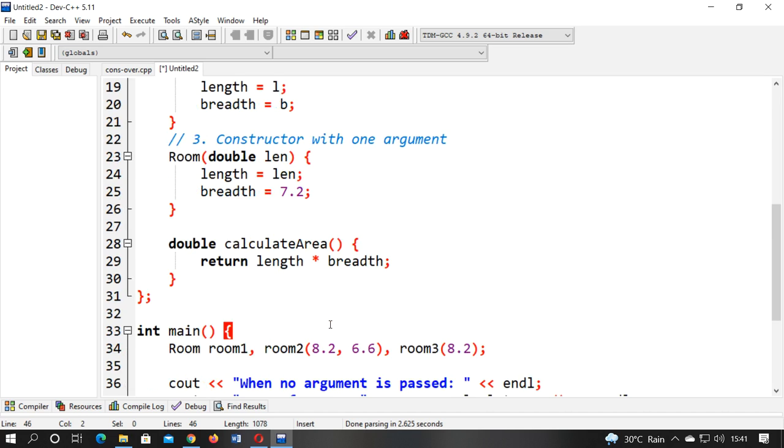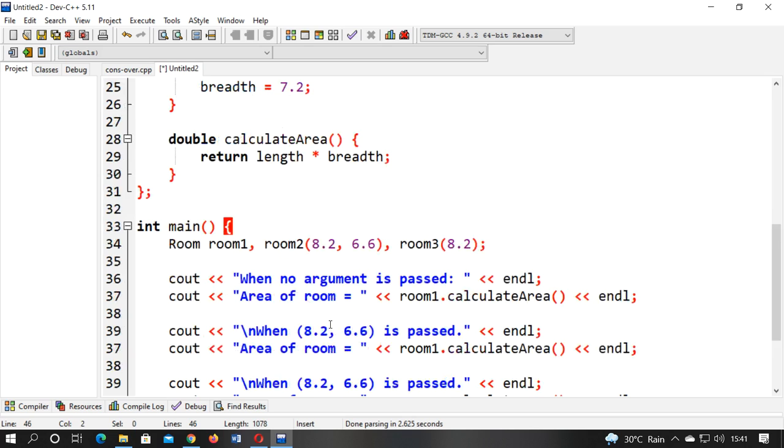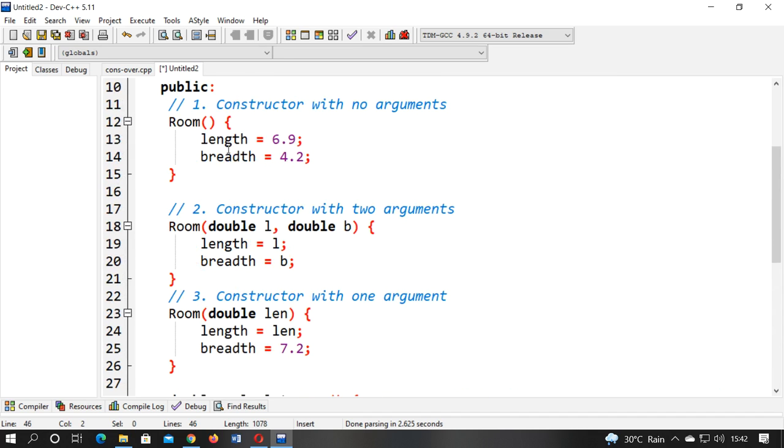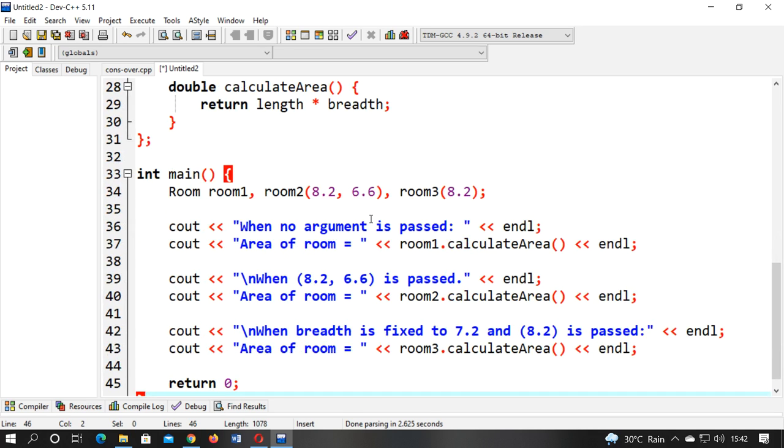So let's see how it will work with the three parameter lists, how it will overload with the three constructors. The first constructor, which has no argument, is for room1, and the object will be called with room1 dot calculate area. Whatever value we have passed during the initialization, 6.9 and 4.2, will be calculated over here.